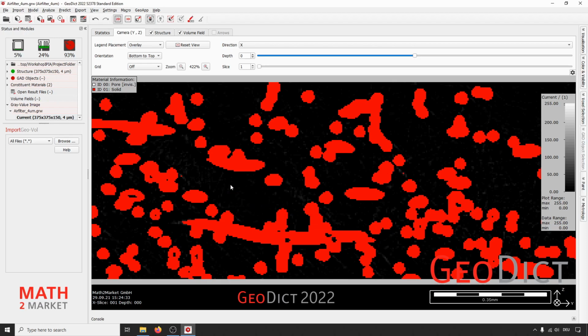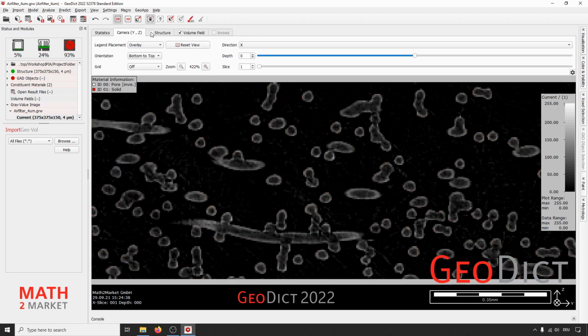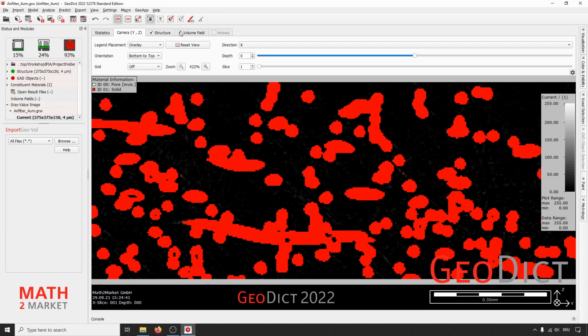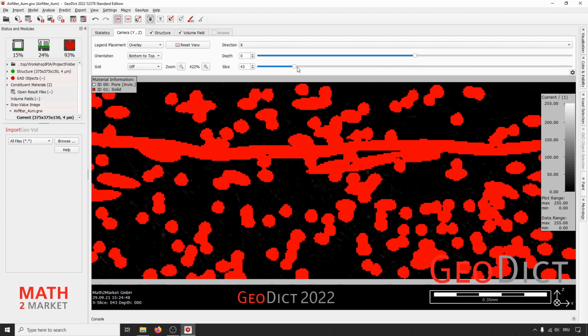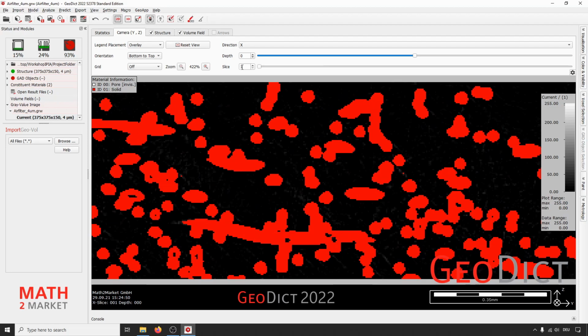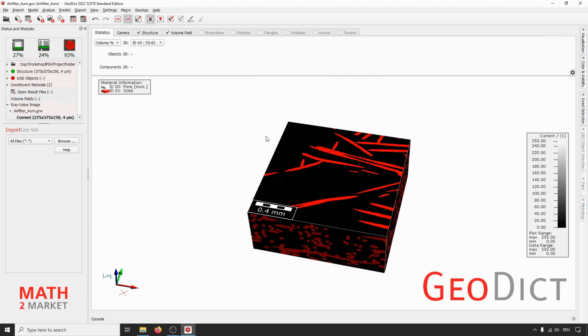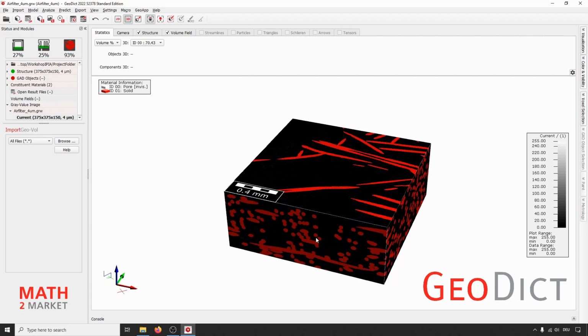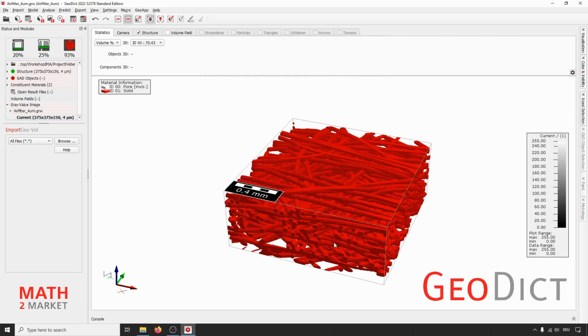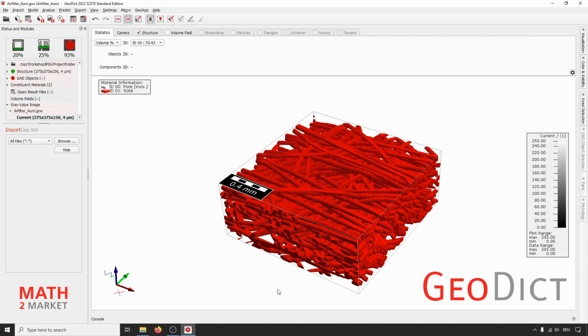see here the volume field and the segmented structure. You can again toggle the structure on and off, and also the volume field on and off, as before too. And again, you can also slice through the structure and see the segmented structure here. Let's switch to the 3D view and directly disable the visibility of the volume field because we only see black here. So disable it, and then you can have a first look at the segmented structure.